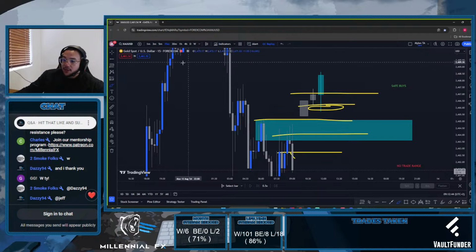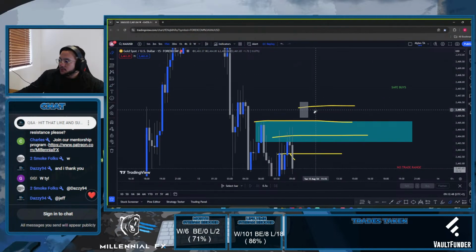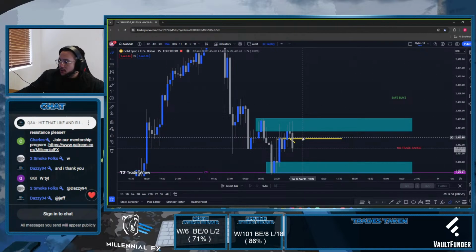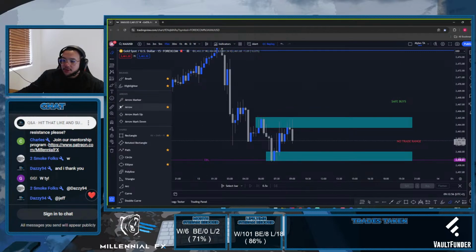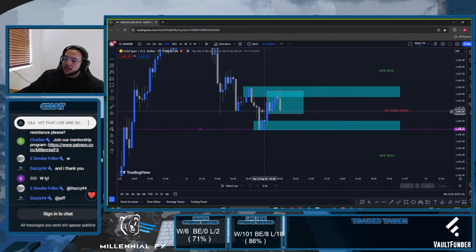It's probably quicker just to delete everything. But as you can see, we are also right now in your 15-minute box, which is this area. That's why I'm not phased with what's happening. Just because you can still see it's within the range. That's why I'm also not trading this area. It's too choppy for me. The only time I'm interested is either below or above.